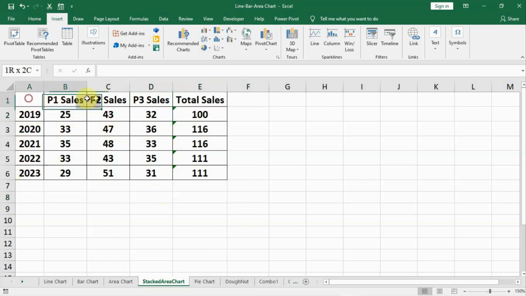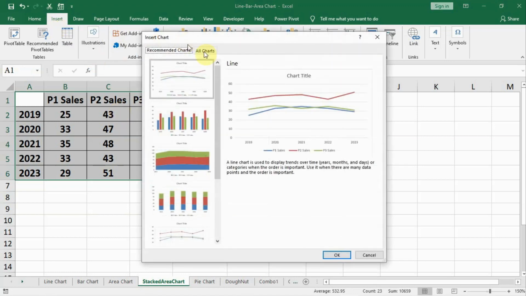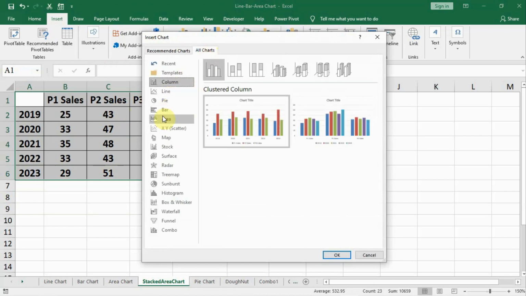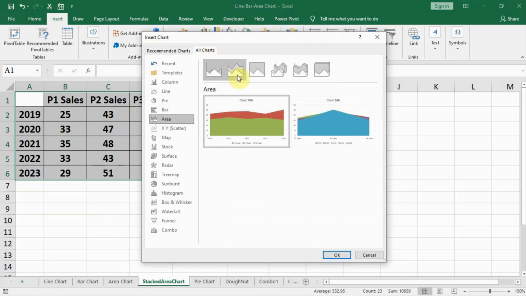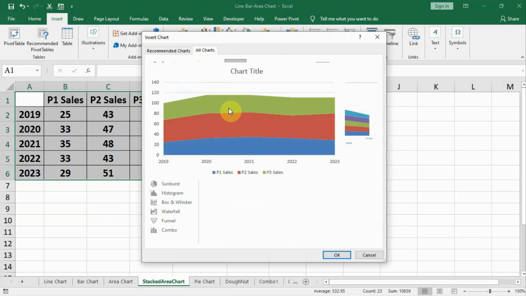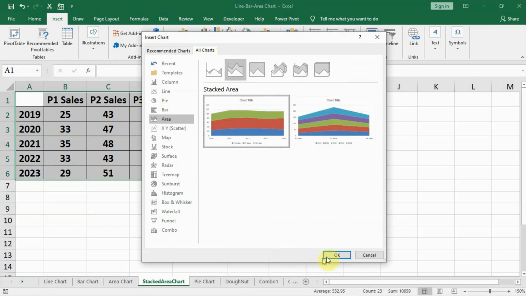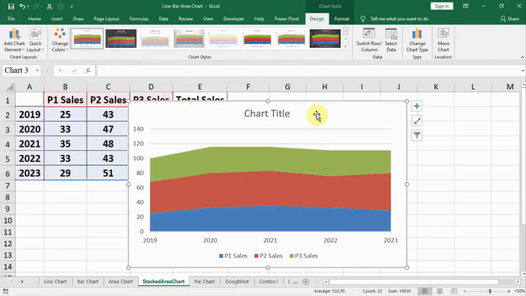So if I want to have a chart of the products only, a basic comparison of the products, to find out which product is overall having higher or least sales among the three within a single visualization, we can go to recommended charts, go to all charts, go to area, and in the area you have the stacked area, and you can select the stack chart like this. This is a stack chart, and say okay, and now you are having the stack chart.